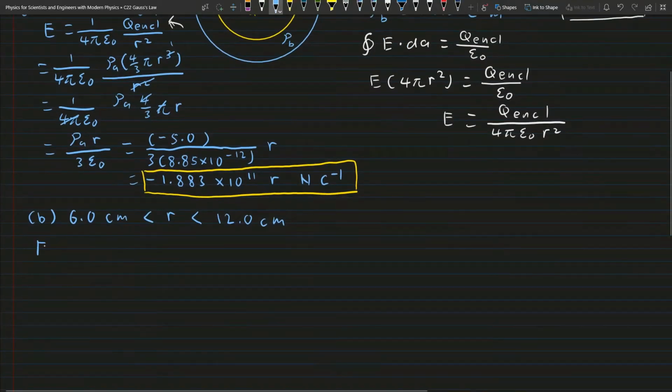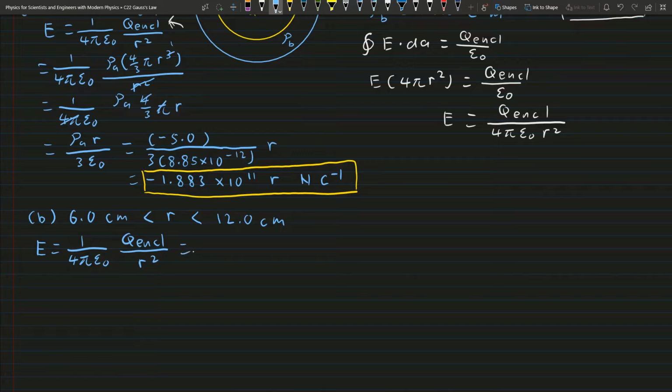Here we apply the same formula, 1/4 pi epsilon naught Q enclosed over r squared, and this will equal 1/4 pi epsilon naught